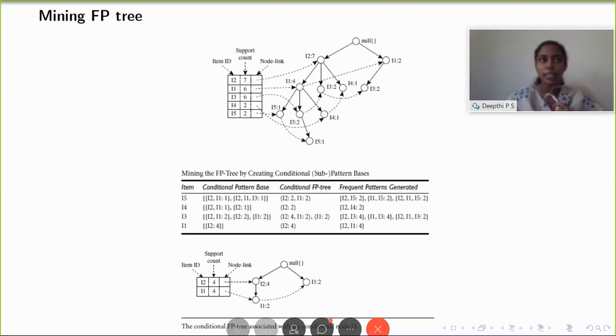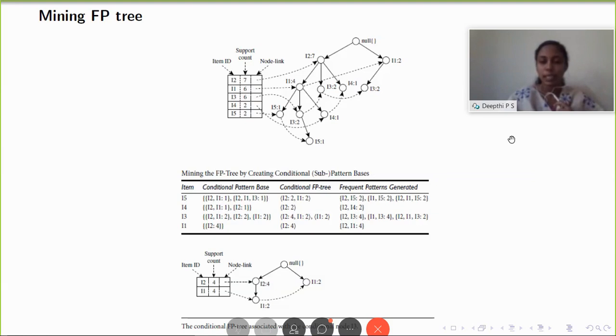For generating association rules, you have to take the confidence also. That is, consider the transactions that appear together and take their counts from the set of transactions, and those that satisfy the minimum threshold are said to be strong rules. That is the same step that we did in Apriori also. The second step has no relation with the frequent pattern set generation. Once we have the frequent item sets, the rule generation step is the same, so I am not discussing it here.